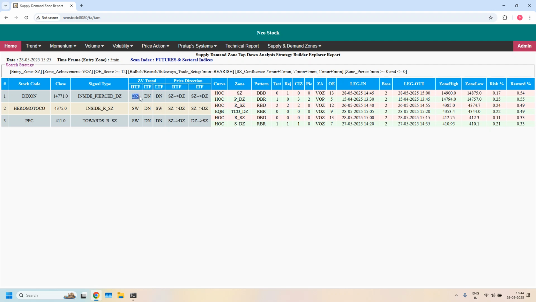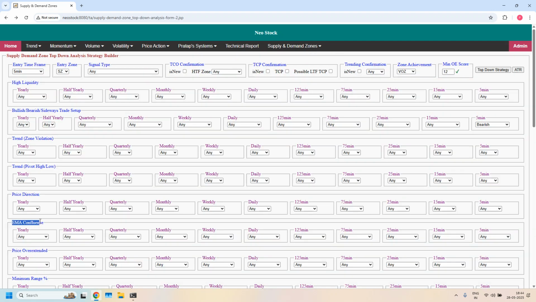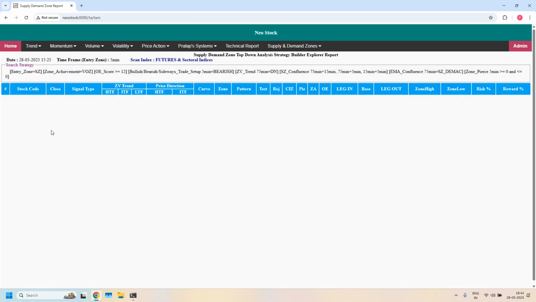But 75 minutes trend is down in only one stock. So that's why let's check this stock. 75 minute supply zone having daily EMA confluence. And also trend on the 75 minutes should not be sideways. It should be downtrend because it is bearish trade setup. So none of the stocks are filtered. That means none of the hourly income trade stocks are having EMA confluence in bullish or bearish. Okay, this is about